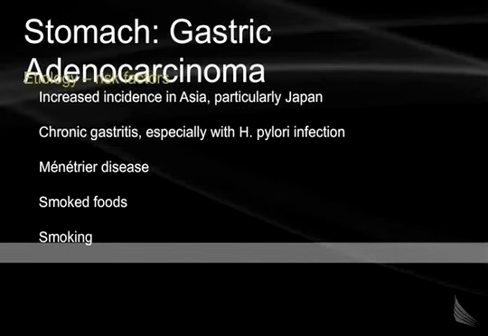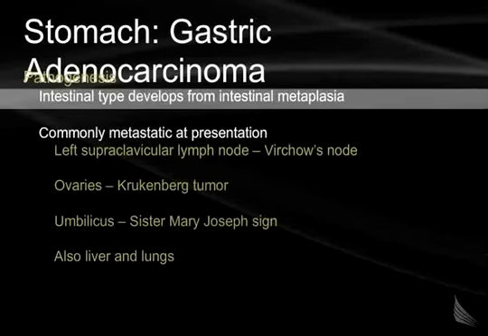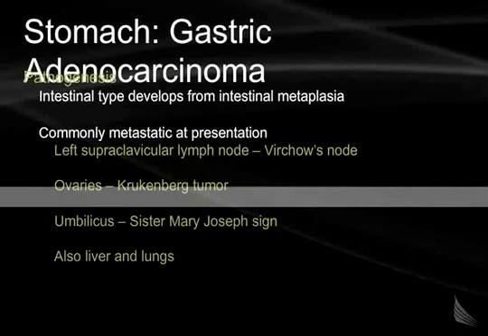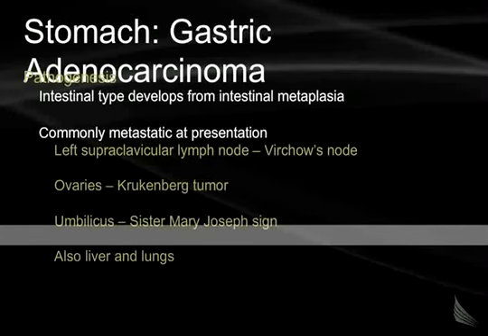Remember, these patients have a low hydrochloric acid level. Intestinal-type cells develop from intestinal metaplasia in the stomach, which then eventually turn into gastric adenocarcinoma. On the boards, they may describe a Virchow's node, which is the left supraclavicular node, adenopathy. If gastric adenocarcinoma metastasizes to the ovaries, we call these tumors Krukenberg tumors. Remember,